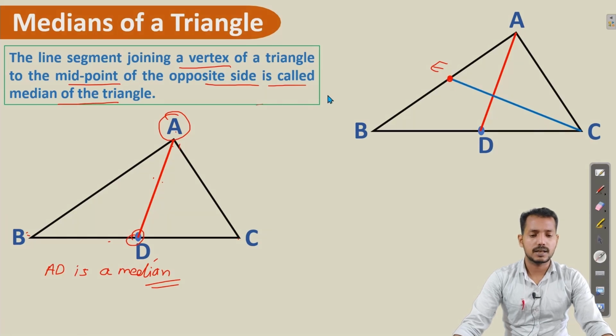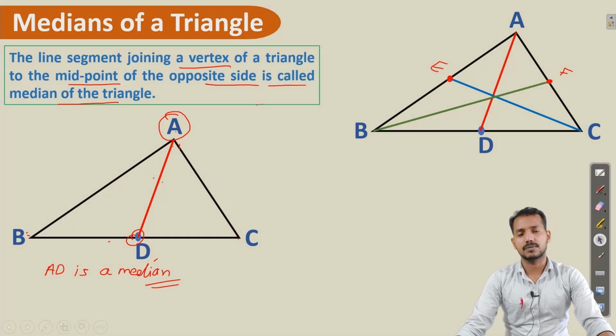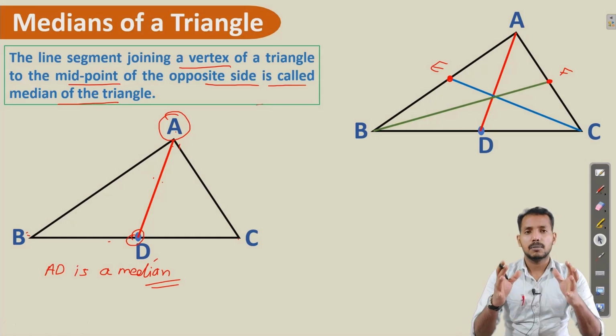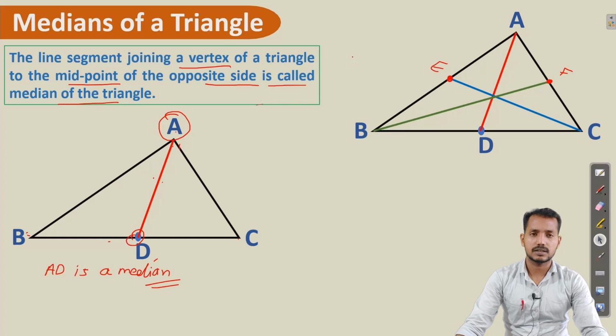Okay, next I am going to draw a median from the vertex B to AC. That means first I have to mark the midpoint of AC, which we can call F. Okay, now draw the line from B to F. We will get the third median. So these are the three medians of the triangle, and you can see that all the three medians are lying